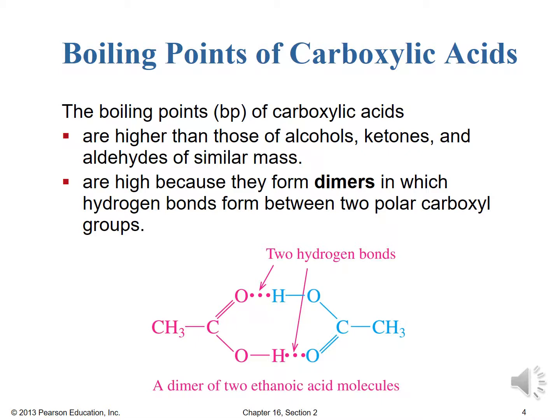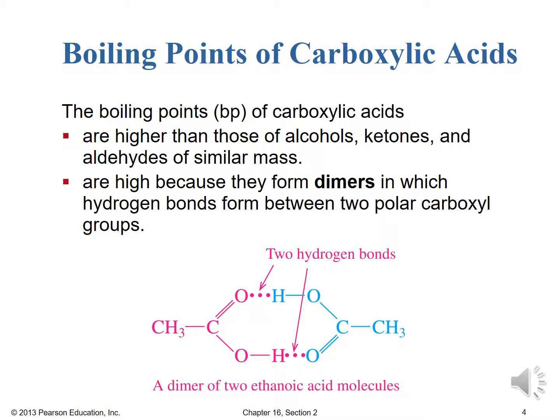You see the carbonyl group of the acetic acid on the left is a hydrogen bond acceptor of the OH group on the right. And down below, the OH group of the left molecule is perfectly poised to be a hydrogen bond donor to the acceptor carbonyl oxygen of the molecule to the right. So they're perfectly made for this. They'll always be able to line up at the ends because, of course, the carboxyl groups happen at the end of each molecule. So there we see dimer formation, and that helps to explain these incredibly high boiling points for